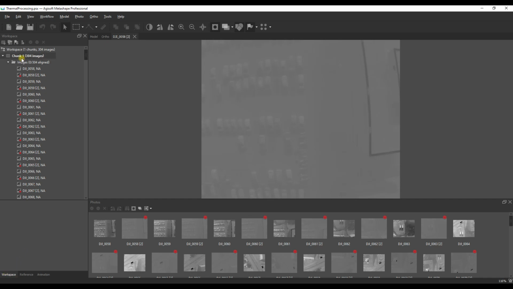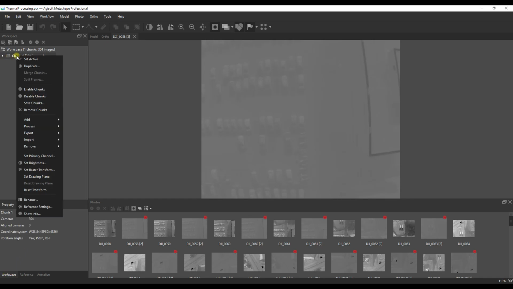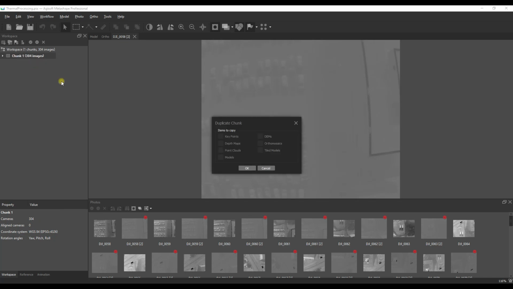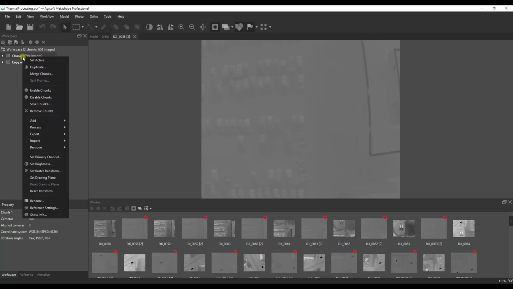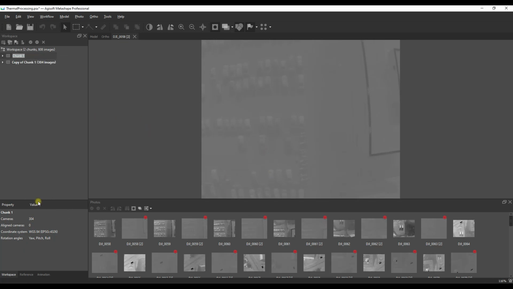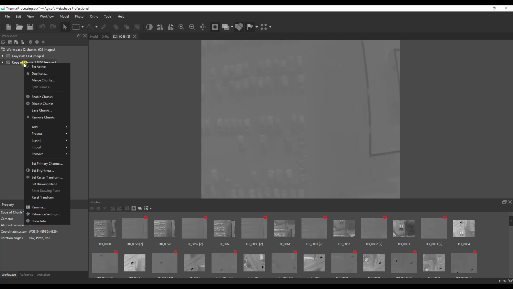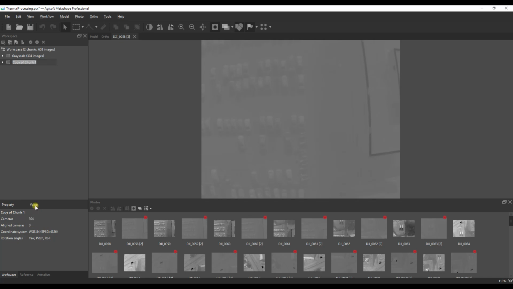What I would like to do now is to duplicate this chunk so that we have both the radiometric and non-radiometric in two separate projects. So we allow it to duplicate. So let's rename each of the chunks. The first one I'm going to just call grayscale, and that's the terminology I'll use for the rest of the video. And for the second, I'm going to name it